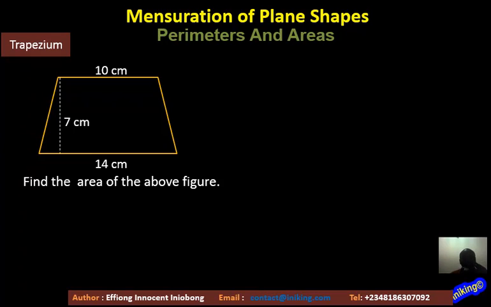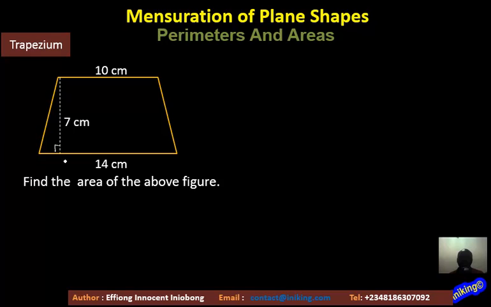First problem here, very straightforward. Find the area of the figure above. The two parallel sides have been given as 10 and 14, and the height has been given as what? 7. That's the height. So what's the area? As we have said,